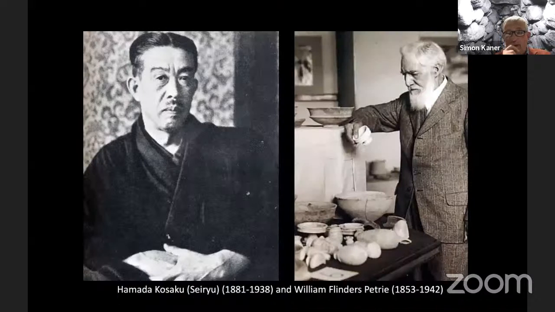And maybe in many ways, he lays the foundation for a later visit by Hamada Kosaku, who comes and stays in London from 1913 to 1915 and studies with Flinders Petrie before going back to Japan to set up the first proper Department of Archaeology at what was then Kyoto Imperial University. So my point here is really that there are very close connections between early British and early Japanese archaeology.